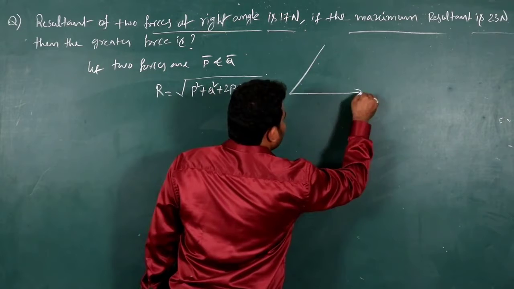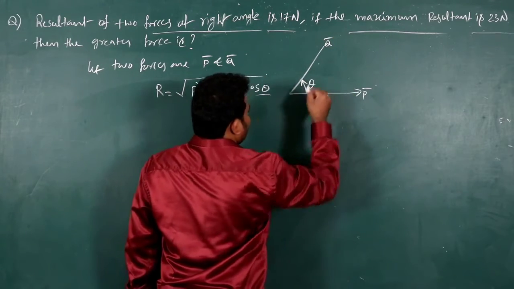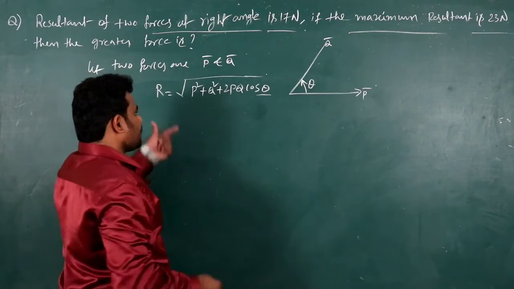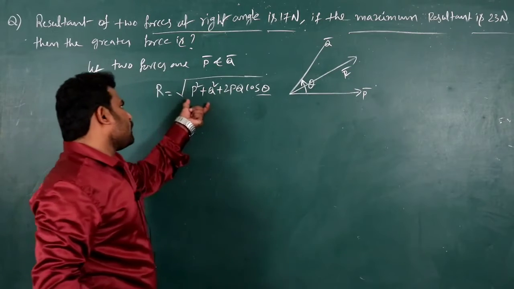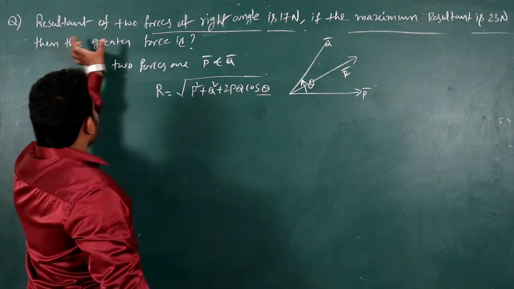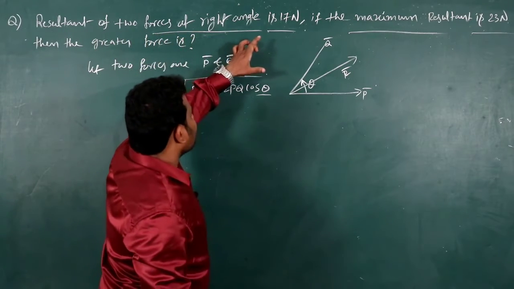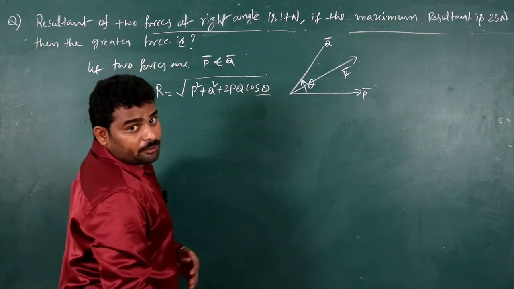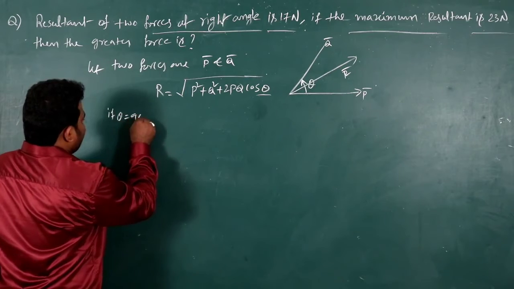Let us assume two vectors are acting like this, P bar and Q bar. This is the angle between those two vectors. Then the magnitude of resultant R is equal to square root of P square plus Q square plus 2PQ cos theta. So from the given problem, if two forces are at right angle, then their resultant is 17 newtons. That is, theta is equal to 90 degrees,